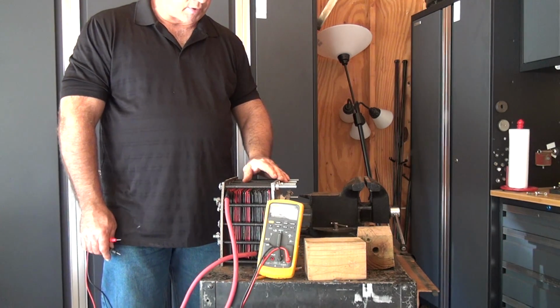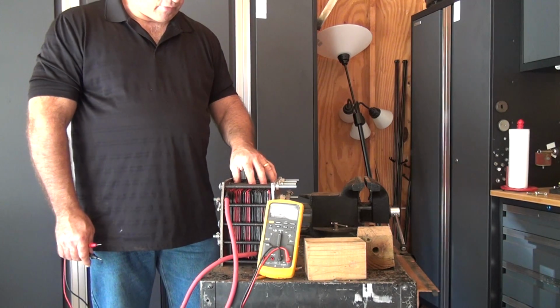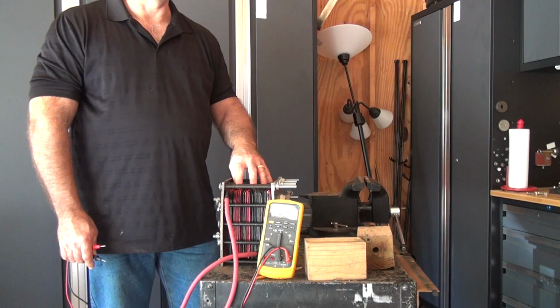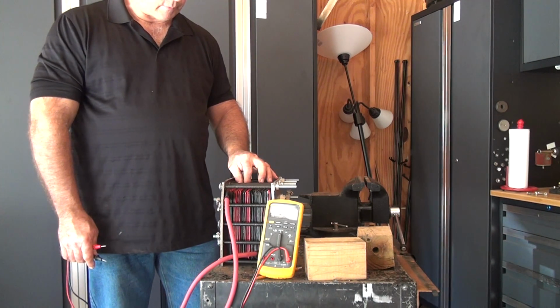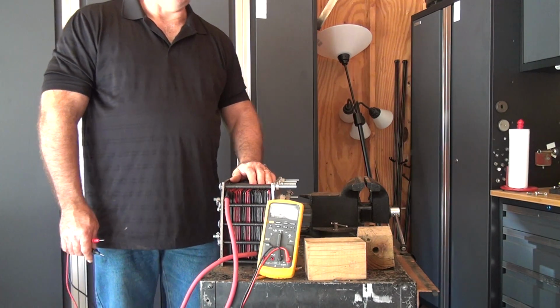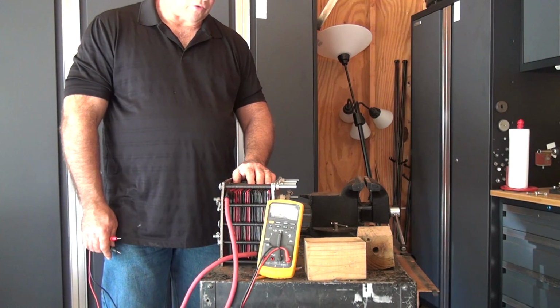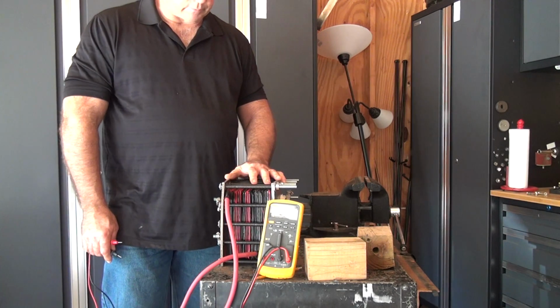I don't know if that's what's happening or not, but I think you have to have all the plates isolated from one another so you dissipate, or the only connection is the electrolyte, and then the electrolyte will produce the HOH in turn. So I've got to take it apart